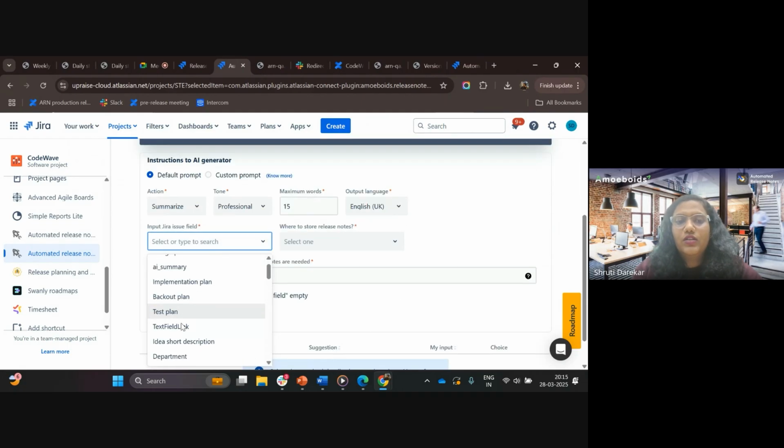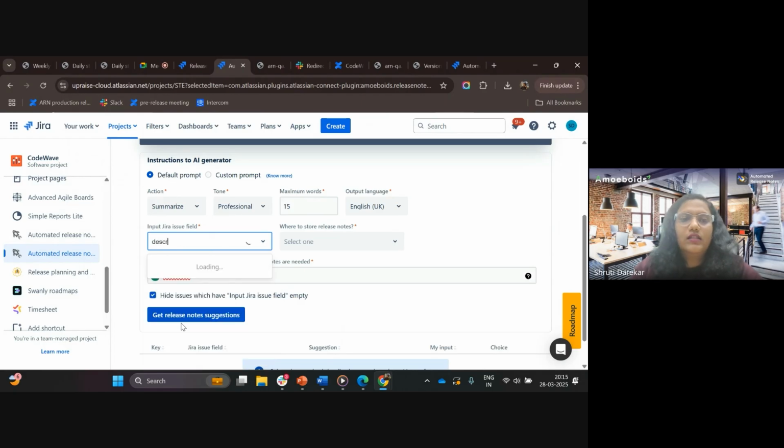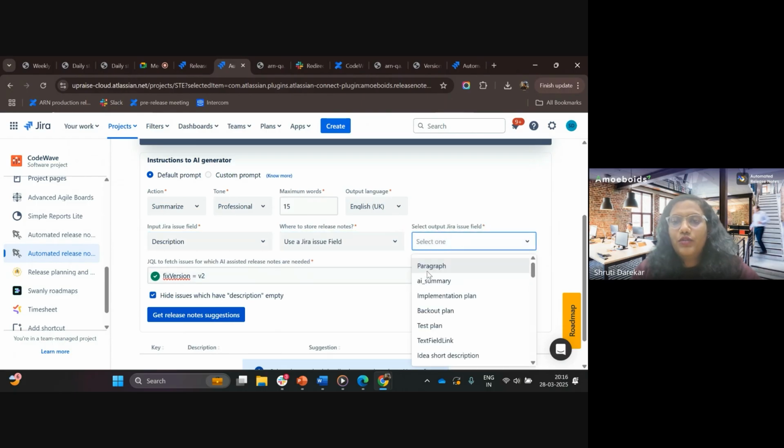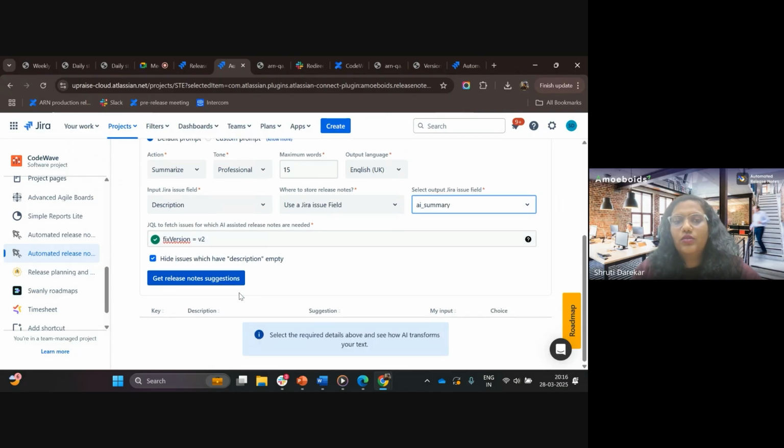And the input field. So maybe you want to take the description and store the output result in some other custom field. And these are the issues that you want to fetch. So if I click on get release note suggestions,